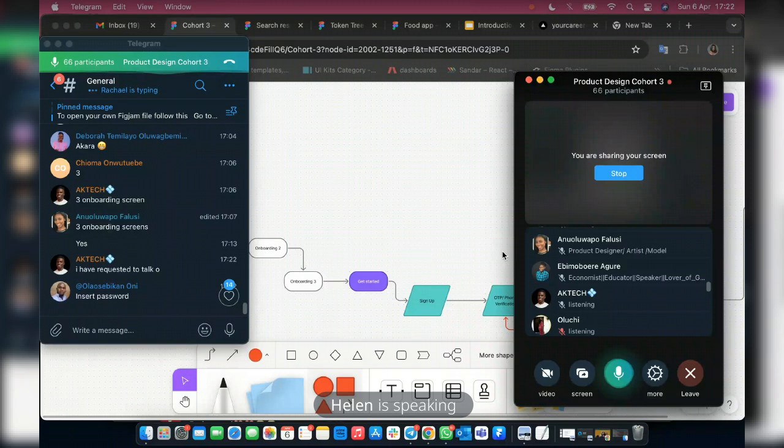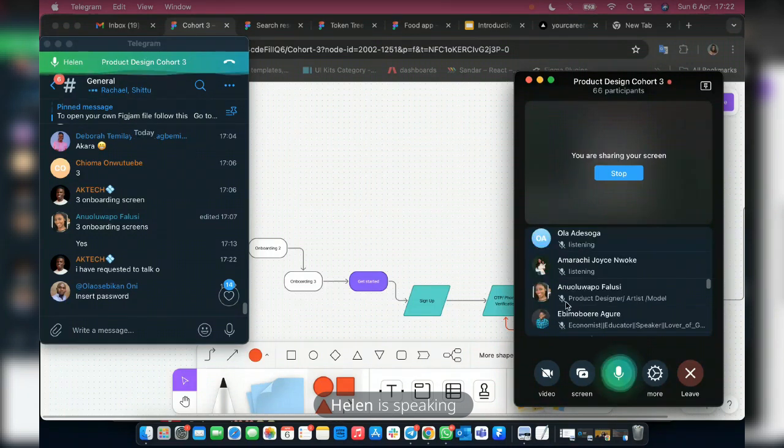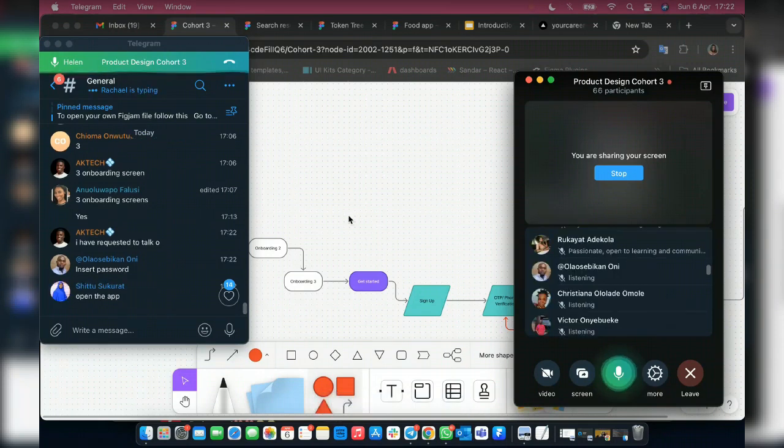Yeah, insert password, but where are they inserting password? How do you think their flow should look like? Open the app, when they open the app,